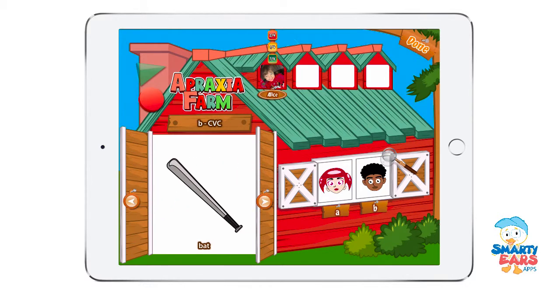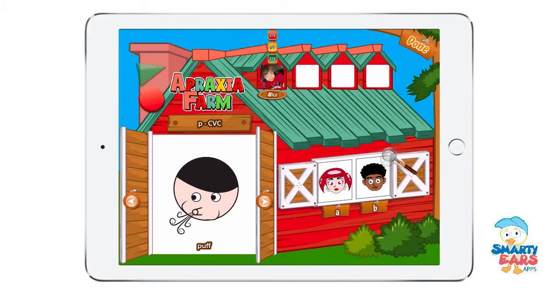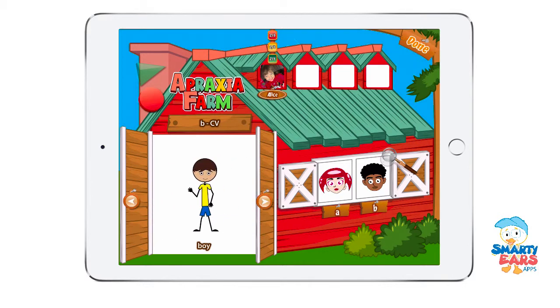Bat. Bat. If they said it correct, you tap on the green. Go to the next. Puff. Puff. If they said puff or something close to puff, we call it an approximation and we mark yellow. A very useful tool that we have here is the ability for you to also have the